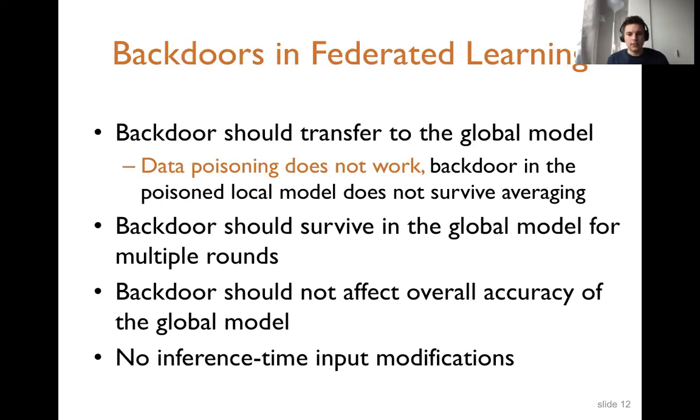And in our experiments, we can think about the test set containing some of the green cars, but there are just a few of them, so it shouldn't really affect the accuracy on that part. But if I train my model in a way that it classifies all the cars or everything as birds, then the overall accuracy will drop. So the backdoor should not really overdo this type of attack and should still preserve the main accuracy.